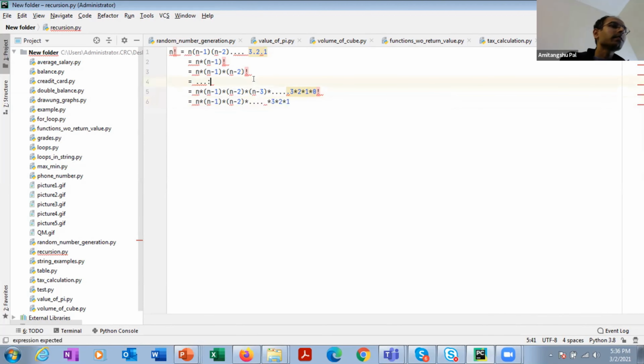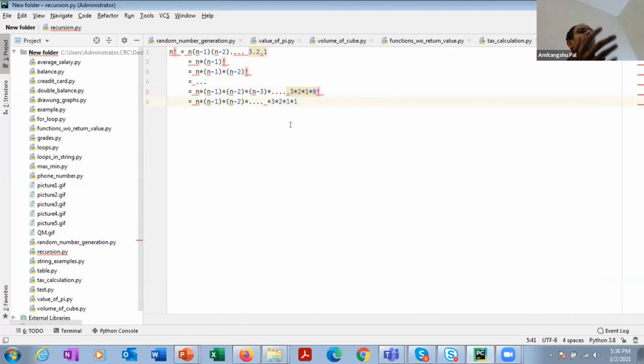So here you can see that n factorial is calling n minus 1 factorial, n minus 1 factorial is calling n minus 2 factorial, which is calling n minus 3 factorial, and in this way ultimately you are reaching 0 factorial, which is returning 1. Okay, so this will be multiplied by 1, something like that.